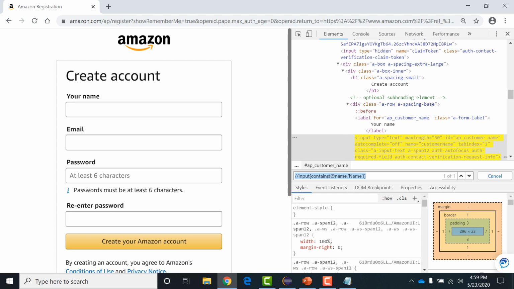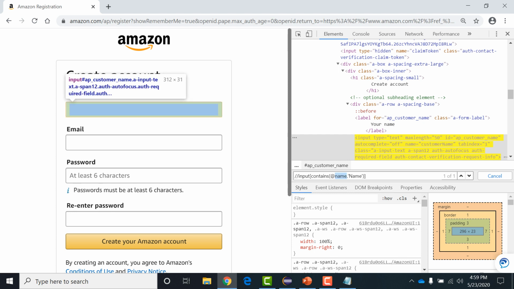So we should design our XPath in such a way that it can be used in future as well. If there is any deployment or any changes on the backend side, your XPath should still work and your script shouldn't fail because of XPath. In case of name, you can use any attribute. You can use type, you can use class. It depends totally on you which attribute you want to use.